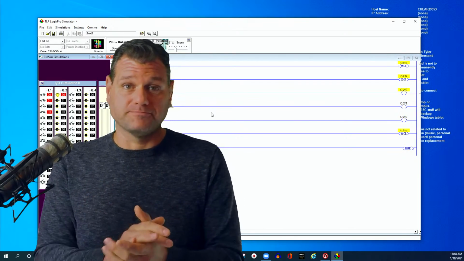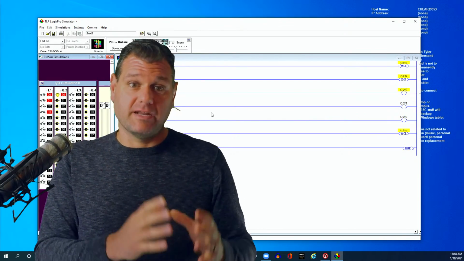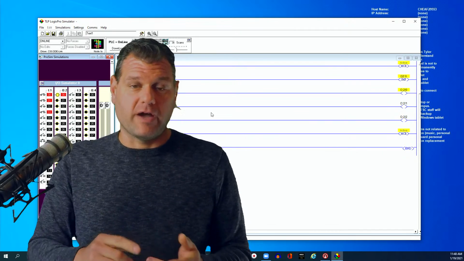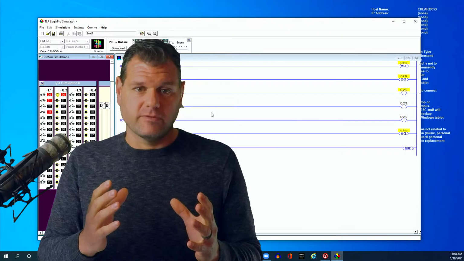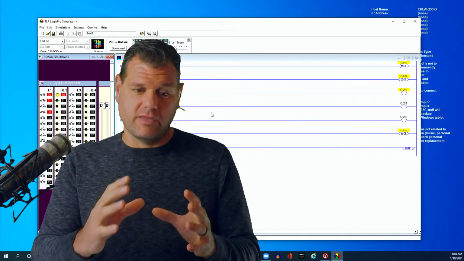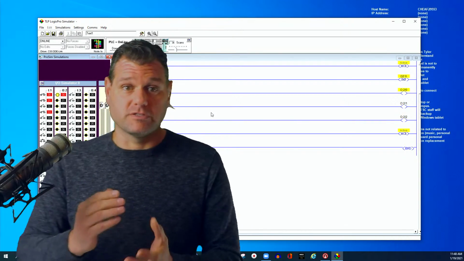That is the main program. Anything besides that is a subroutine. So files 3 through 255 are subroutines. So you can have a whole bunch of subroutines, and they're designed to do